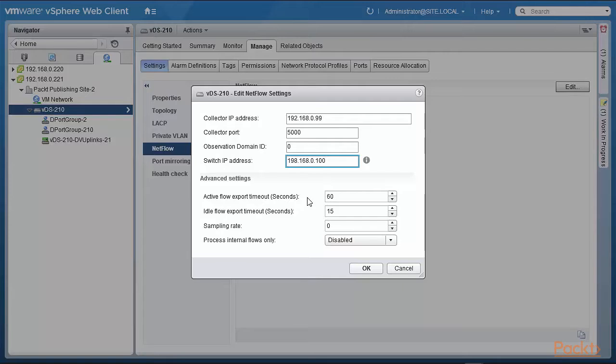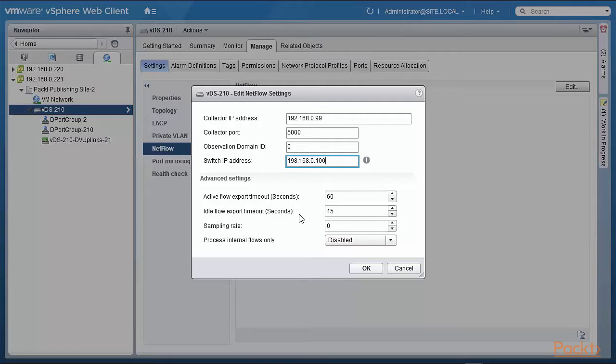So it's really important to be able to fine-tune the actual settings for NetFlow. Usually for what is called the active flow export timeout, many reporting systems are based on the fact that it'll be 60 seconds or 1 minute. What the active flow export timeout actually means is that the flow information is sent to the collector IP address basically every 60 seconds. The idle flow export timeout basically means that once a flow stops and nothing happens for 15 seconds,